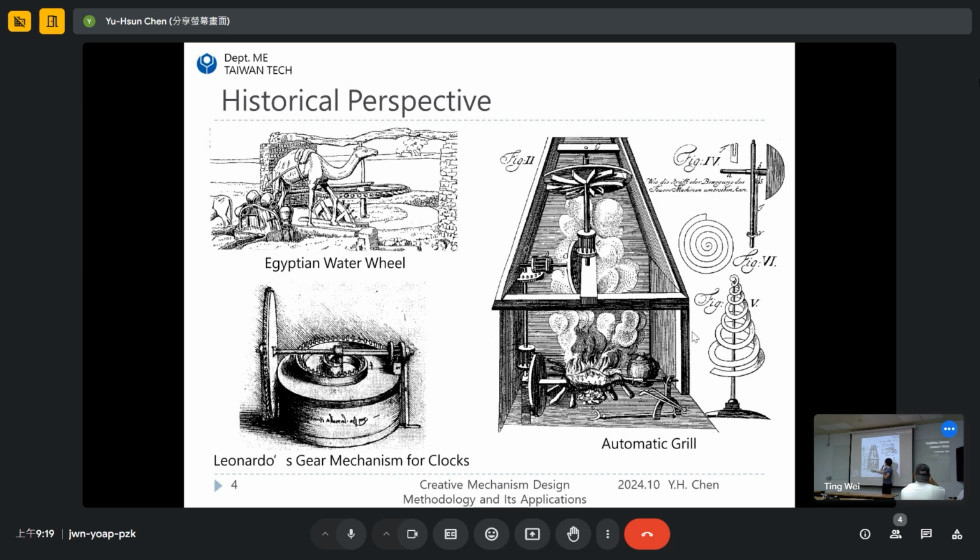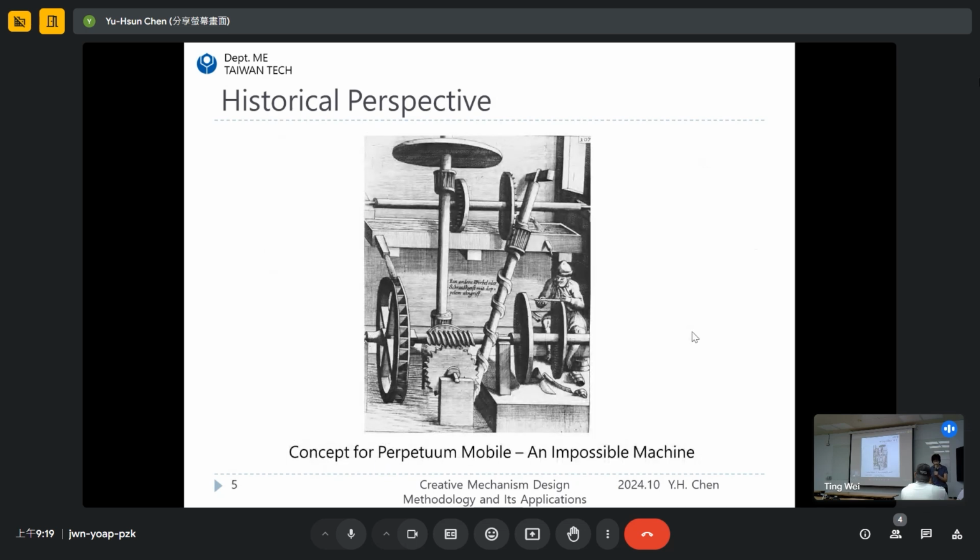How did they generate revolute joints? At that time, I think that is maybe the 15th or 16th century. We still didn't have the bearing. That is one more interesting example. So what is that? That is perpetuum mobile. At that time, people believed that if we have a machine and we put a tank